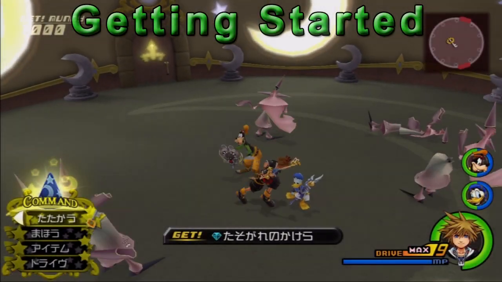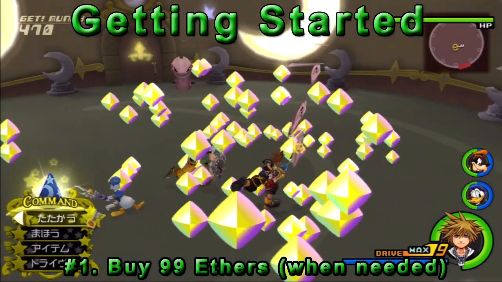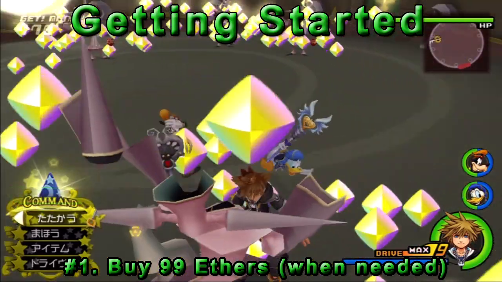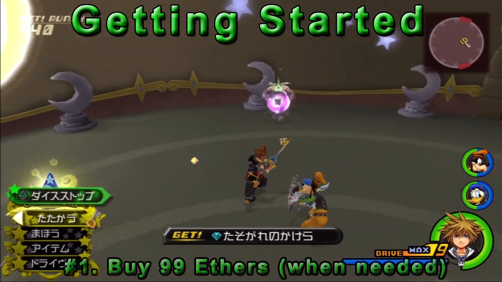Finally, it's time to talk about how to get started. The first thing you may want to do is buy 99 ethers. If you don't have the money, click on what hopefully should be an annotation in this video or the description to see how to get money fast from a previous video. You will want tons of ethers to spam magic to kill enemies faster and safer, especially if you're at level